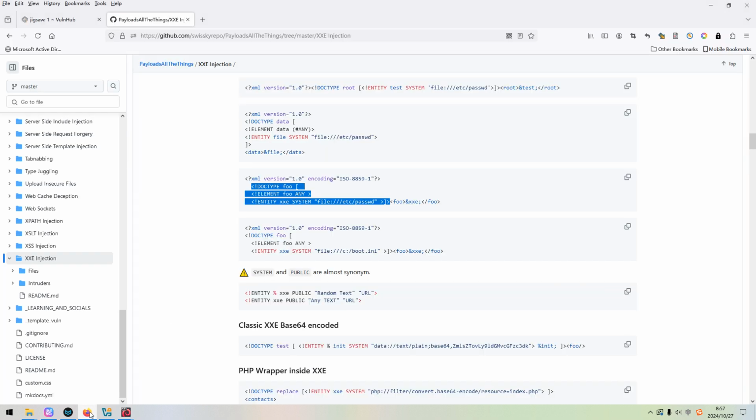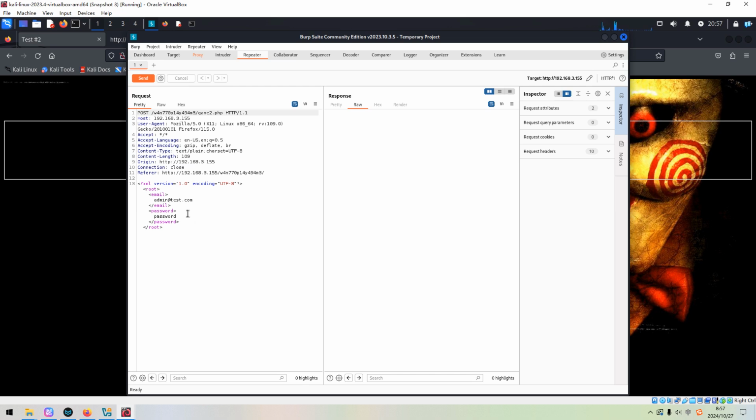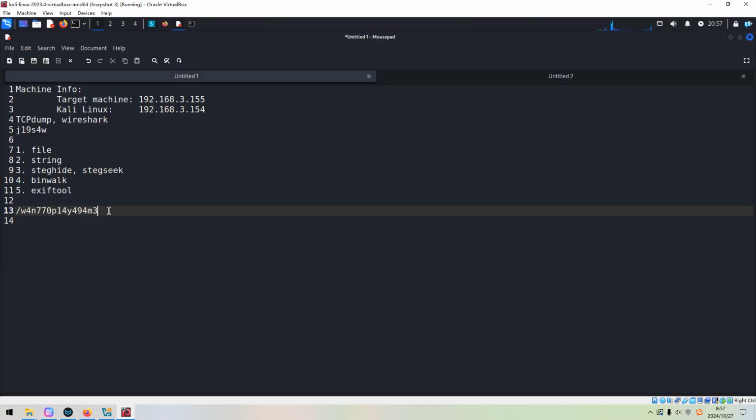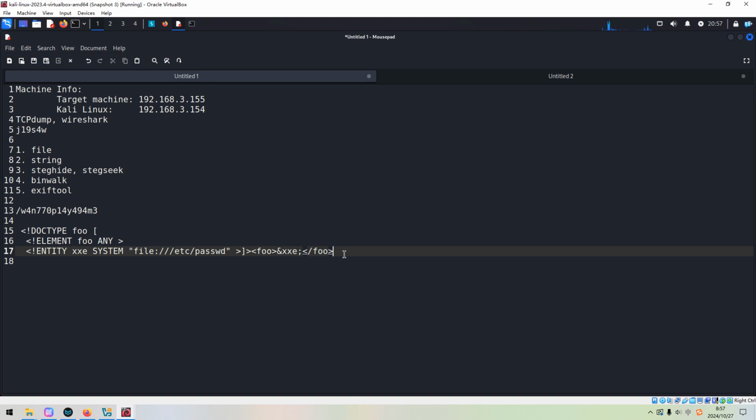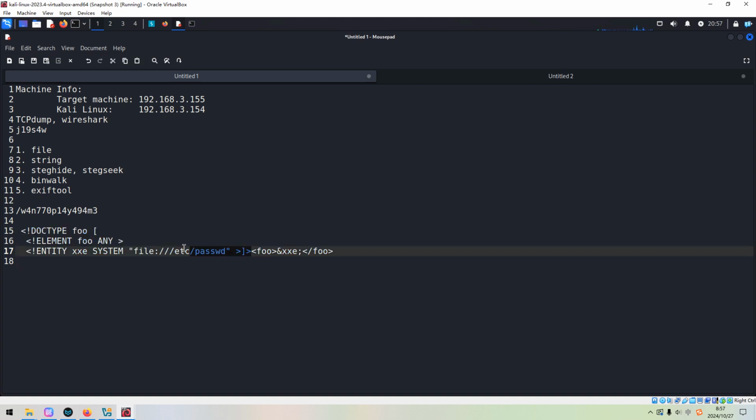And here we can do some testing. We need to get some payloads to test. For example, we can copy this part. Of course, I think you need to walk through all payloads until you can find the right one. We can copy and paste over here. Maybe we just copy this part.